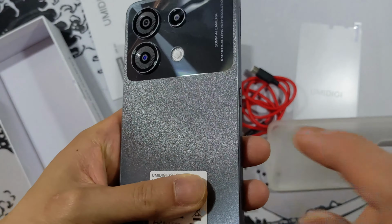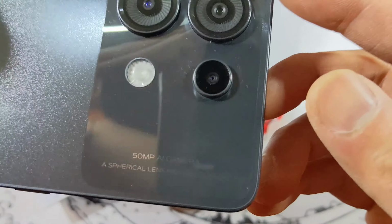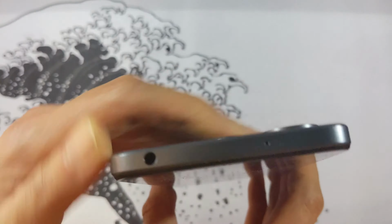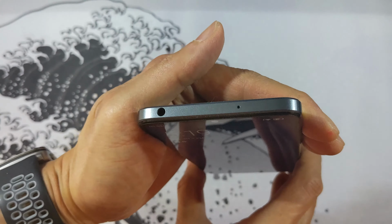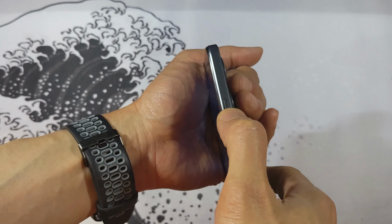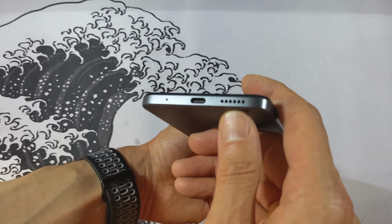The material in the back is shimmery. It feels smooth, not textured. Here's the familiar camera setup. Around the phone, we get the always good to have headphone jack. Here are the volume buttons, the integrated fingerprint scanner and power button, a single speaker on the bottom next to